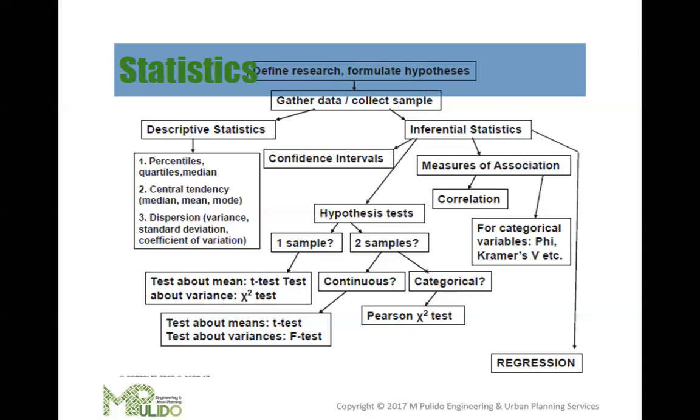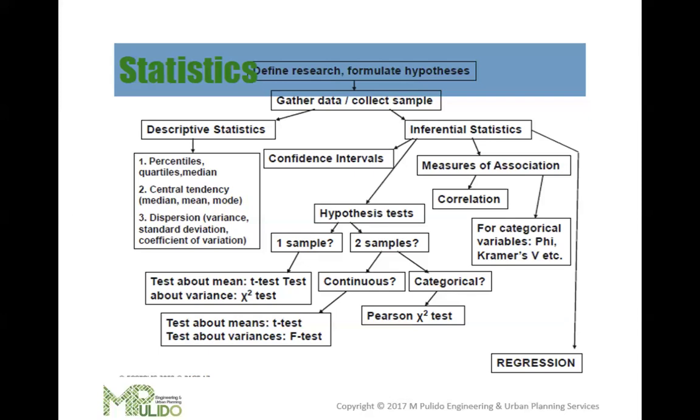Gathering data and collecting samples involves gathering relevant data through various methods such as surveys, experiments, or observational studies, as I mentioned earlier. The collected data should be representative of the population being studied to ensure valid conclusions. For example, you collect responses from a sample of a population to understand their opinions or behaviors, or through experiments, by conducting controlled experiments to test the effects of a treatment or intervention.